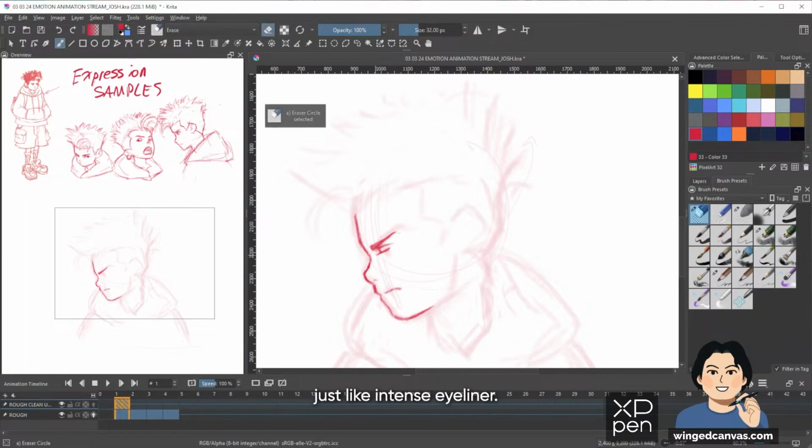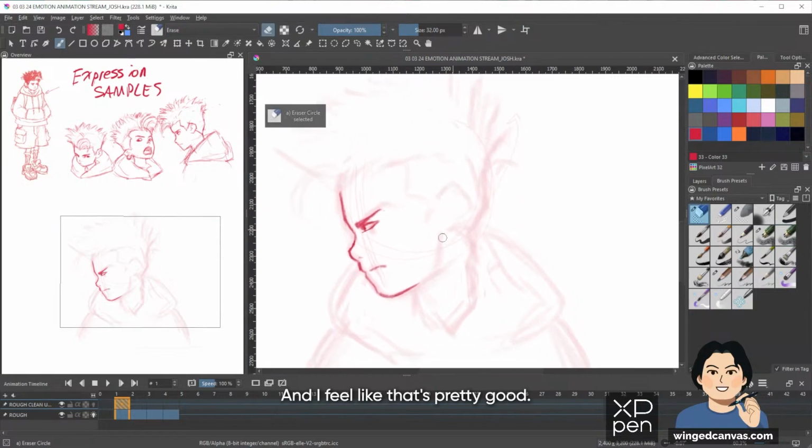I feel like I gave him just like intense eyeliner. Okay, I feel like that's pretty good. Doesn't look too bad. Kind of works.